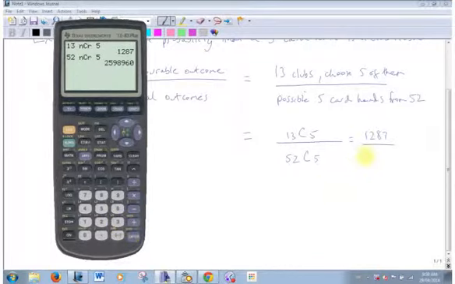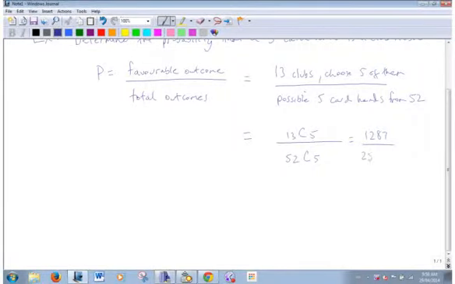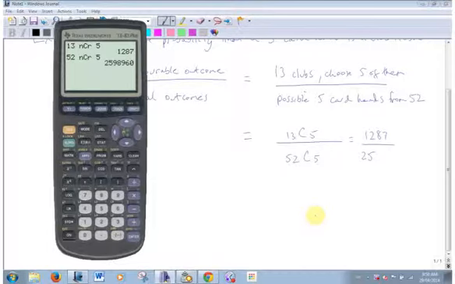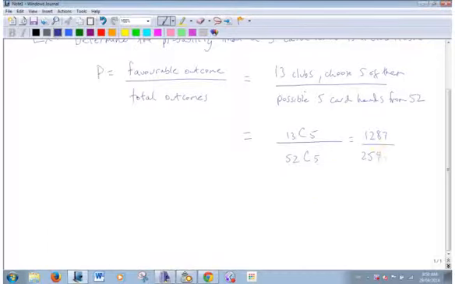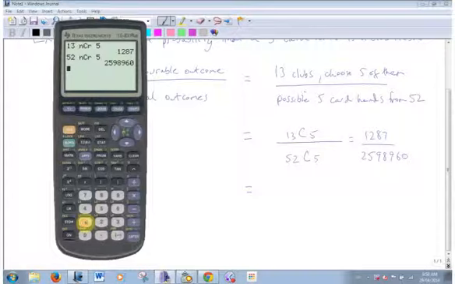Well, there's quite a few ways to pick 5 cards from a deck, isn't there? Like 2.5 million. 2,598,960. So that is the probability. Does it look pretty slim? Do those numbers have meaning? Well, if I divide them,